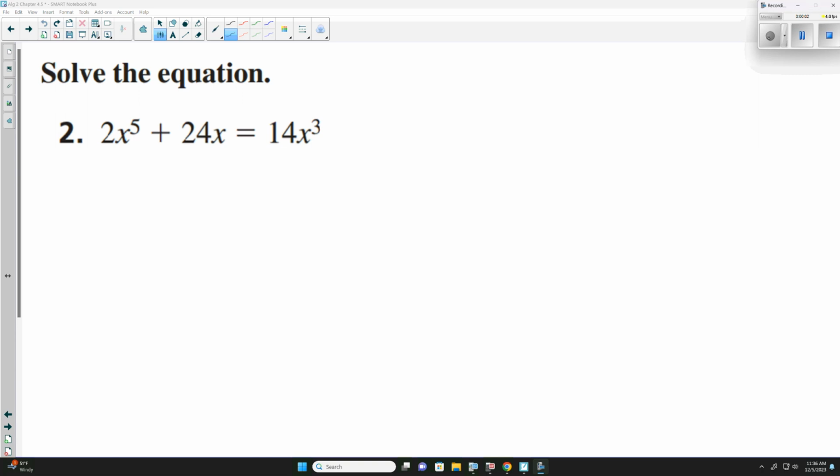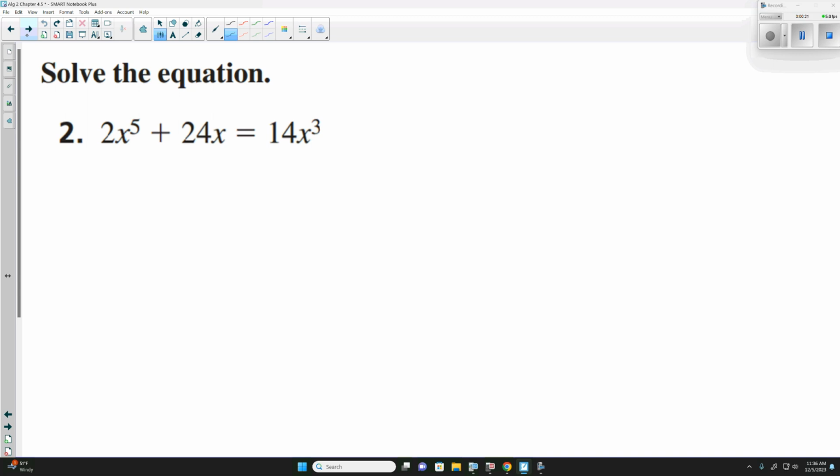So where we left off yesterday was this problem here. So we finished up this problem, and now we're looking at this one here. So we're wanting to solve this higher degree polynomial function, 2x to the fifth plus 24x equals 14x to the